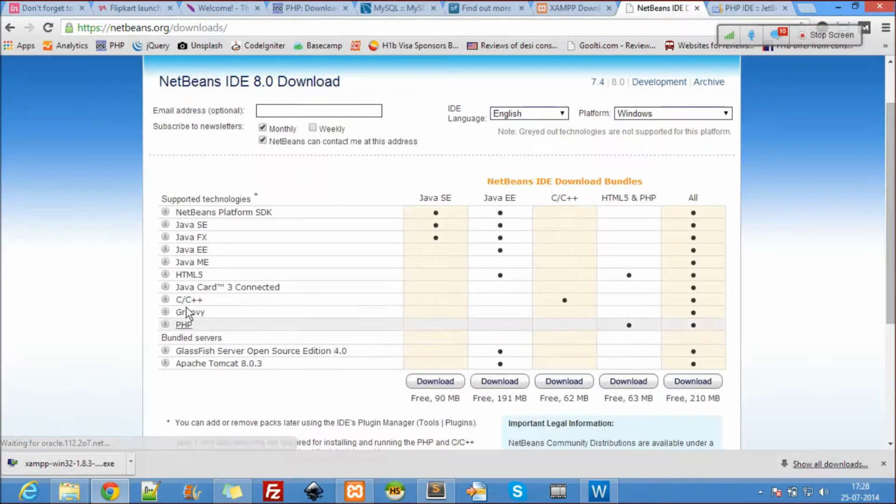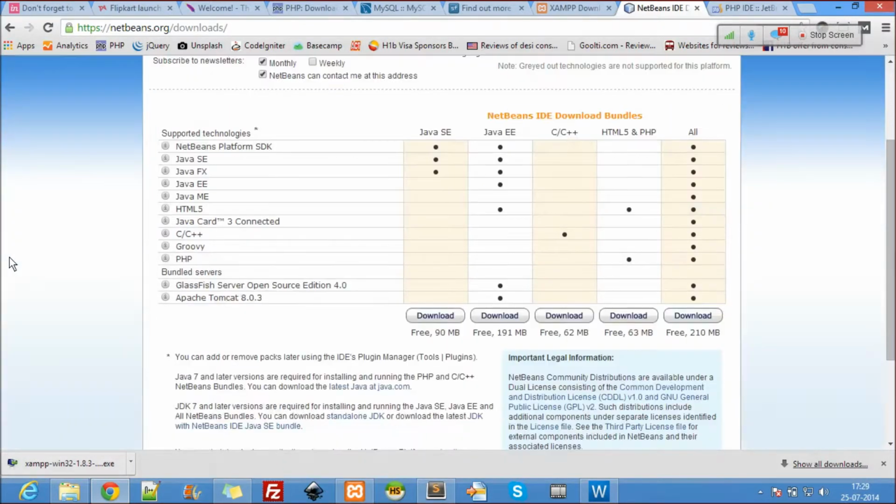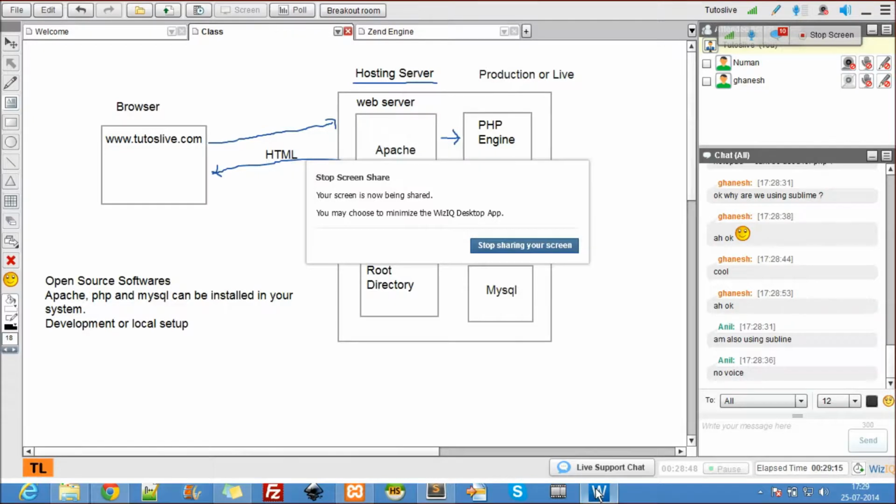You can see it here, for PHP. You just click download here. If you want all, you can download, but you only need PHP and HTML5, right? So you just click on this. If you want Java or C++ also, you can do that. I suggest going with the PHP one and installing it. No issues in that. You can use that too.